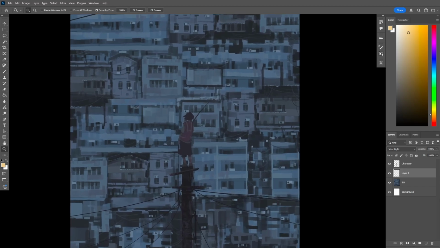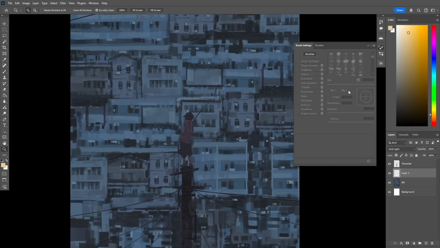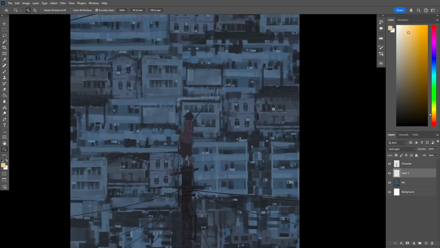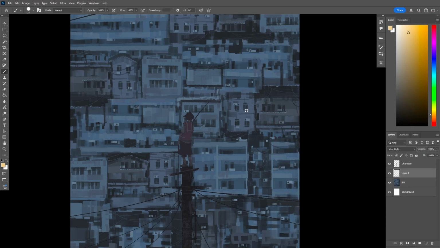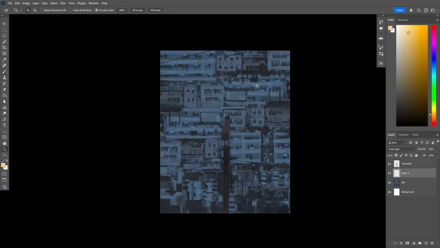Okay, change it to a brush. I just want a default round brush. Okay, something like this. Perfect. Okay, and boom,